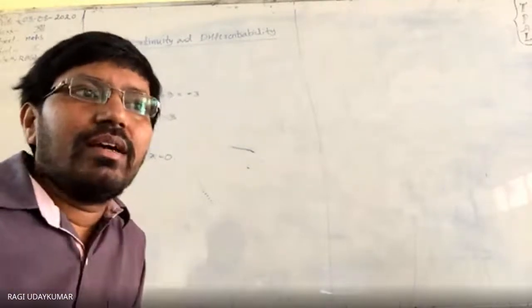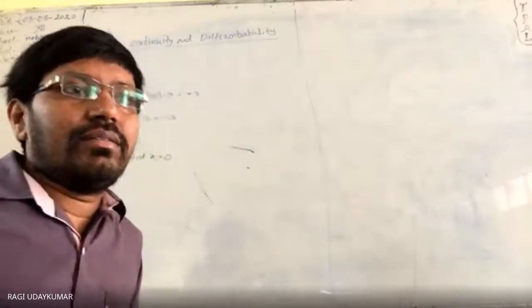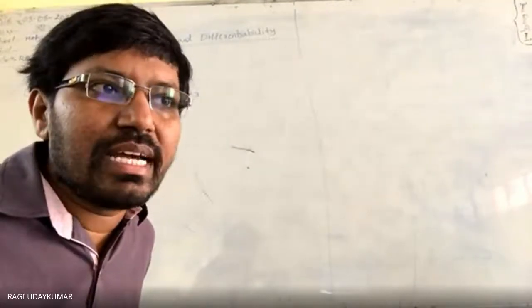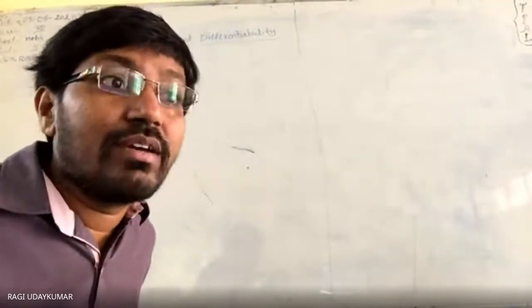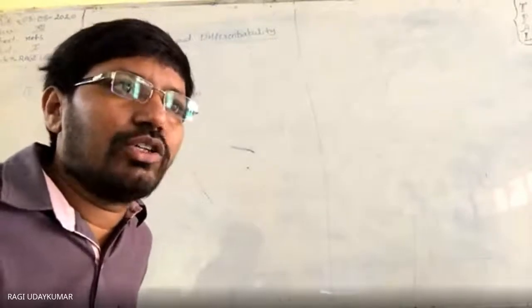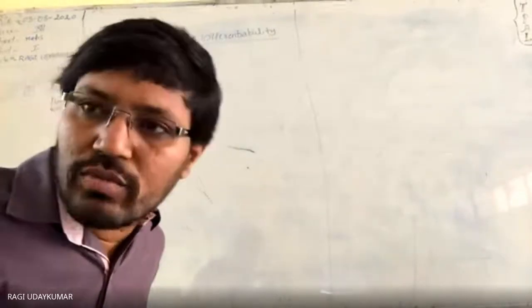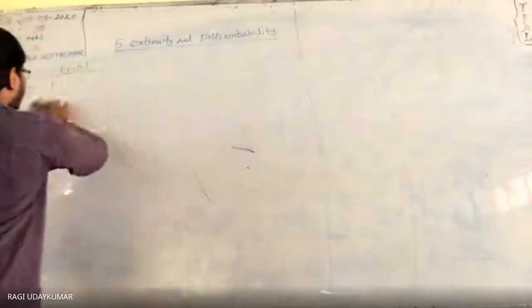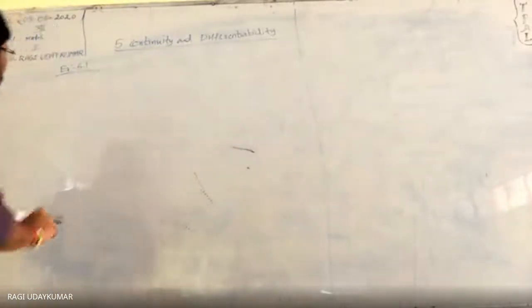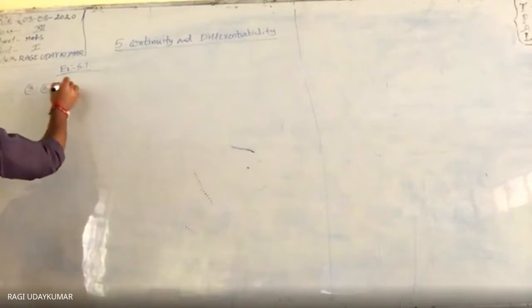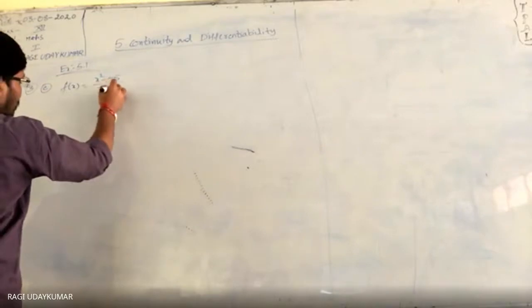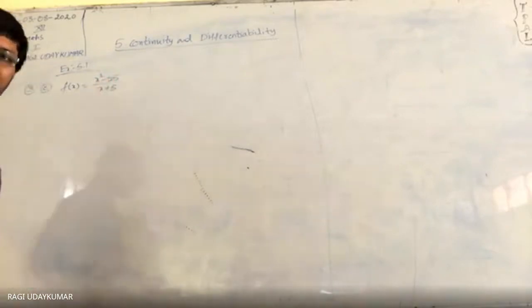And if you see, try to draw the graphs in the fourth question. In that third bit, it is given to you a modulus function. Sorry, first let us go for the third question. Third question, let us see here. The function is given to you, x square minus 25 by x plus 5. Question number 3c: the function is given to you, f of x is equal to x square minus 25 by x plus 5. So this is a function given there.